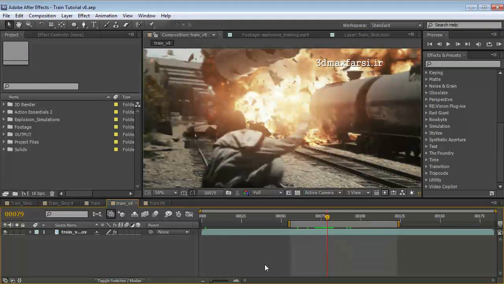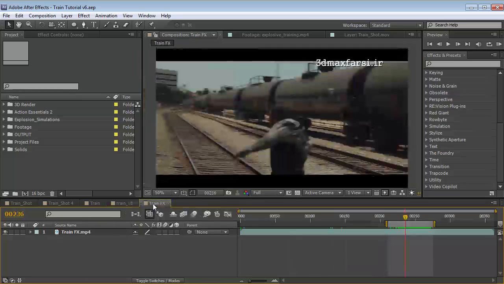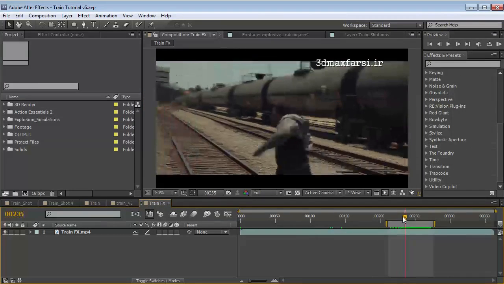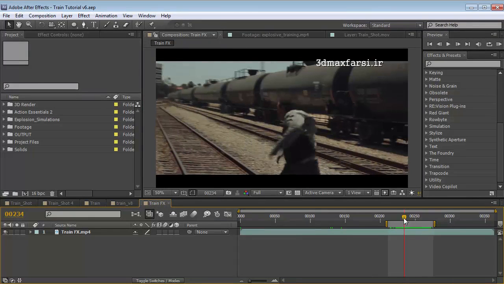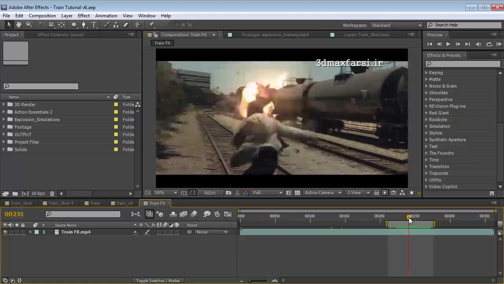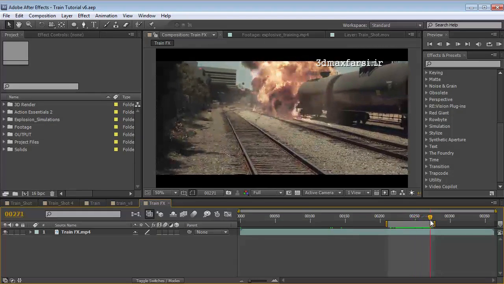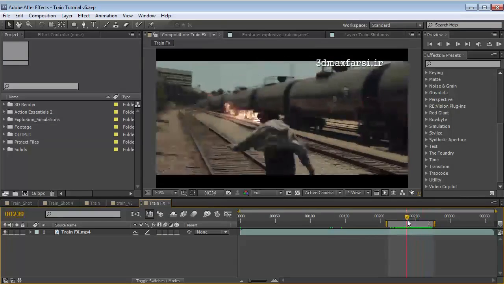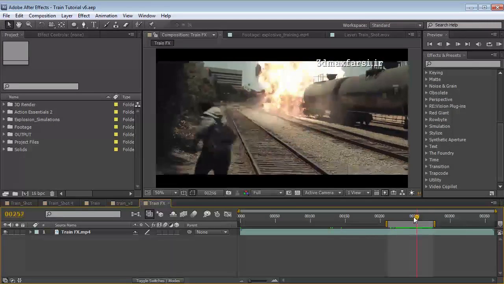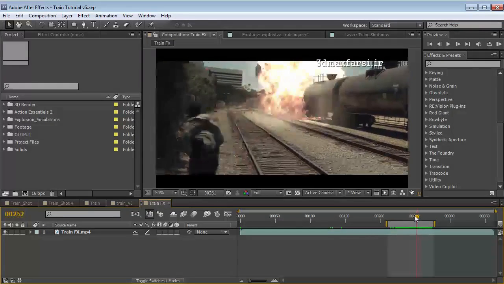Now, some of you might remember this tutorial from a while ago, and here's what happened. It was going to be a set extension tutorial. We're going to just take a look at some cool compositing, some cool tracking, but I didn't feel like it was exciting enough, so I actually added an explosion, and I thought, okay, this is cool, this is fun, he's running. But when I came back to it, I saw the explosion and thought, what is this, an explosion for